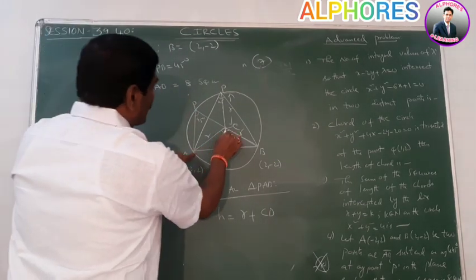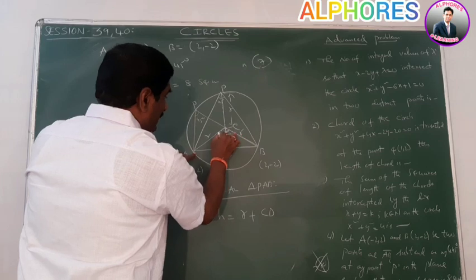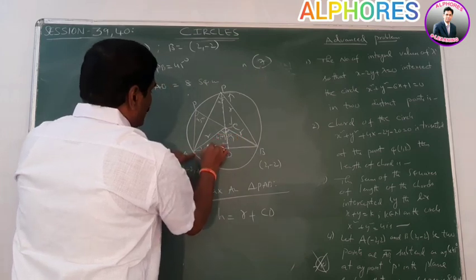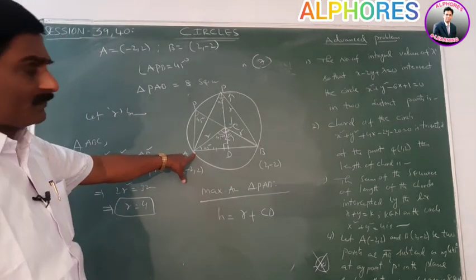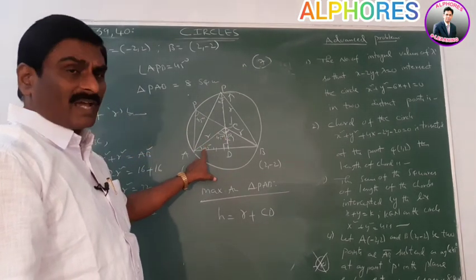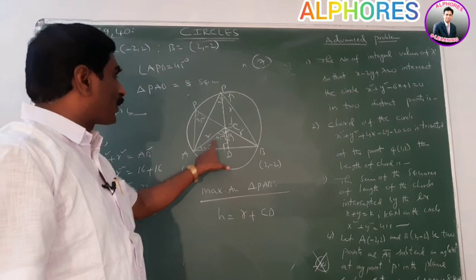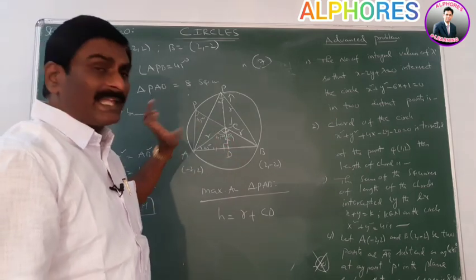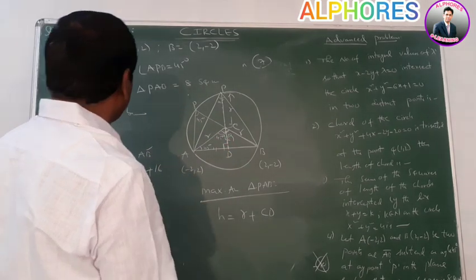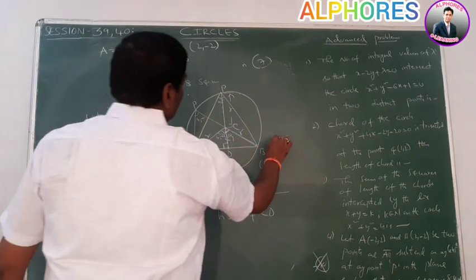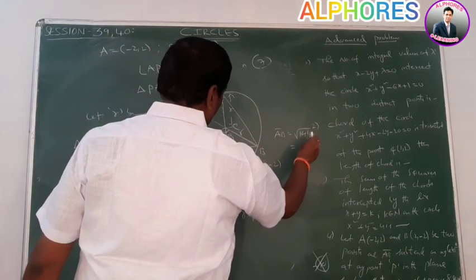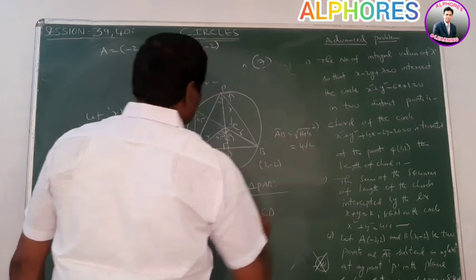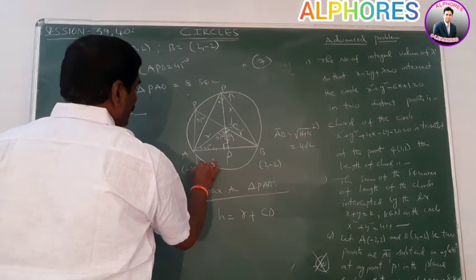CD is nothing but, this is a right angle triangle, 90 degrees, this angle is 45, so automatically this angle is also 45 degrees. These two are equal. By using this property, we find the value of CD. Already AB is the distance between the 2 points, under root 16 plus 16, root 32, which means 4 root 2. AB is equal to 4 root 2. That means AD is equal to 2 root 2.